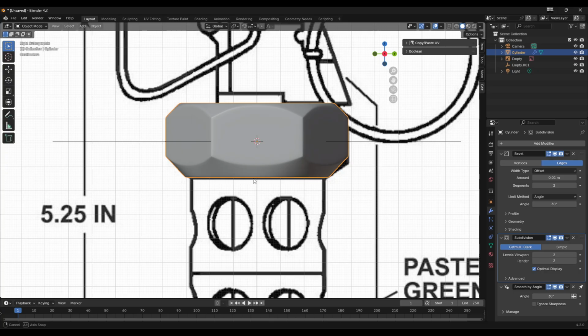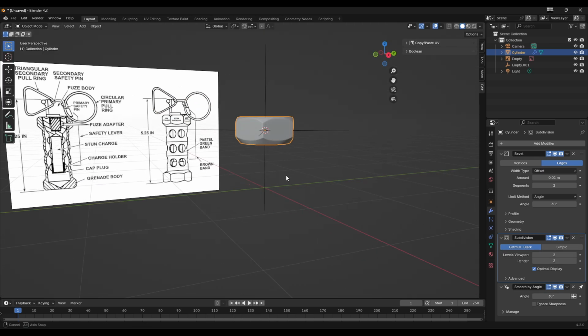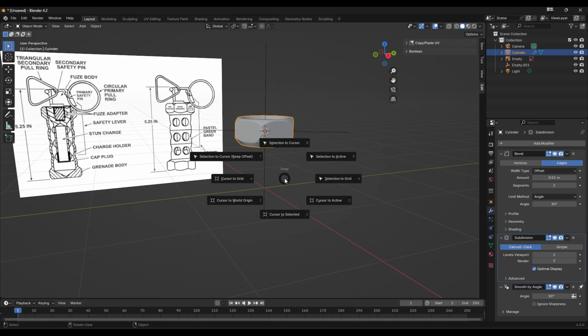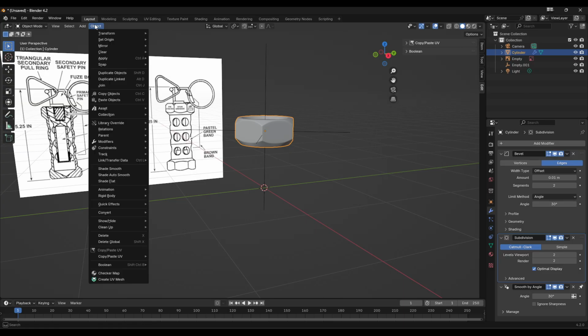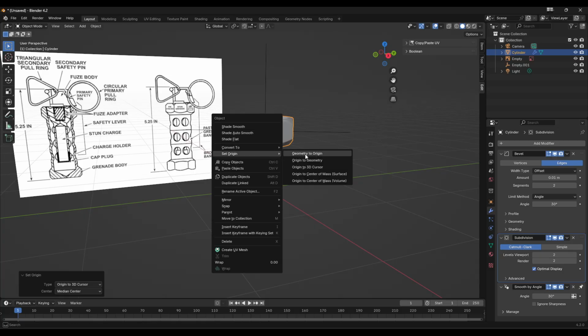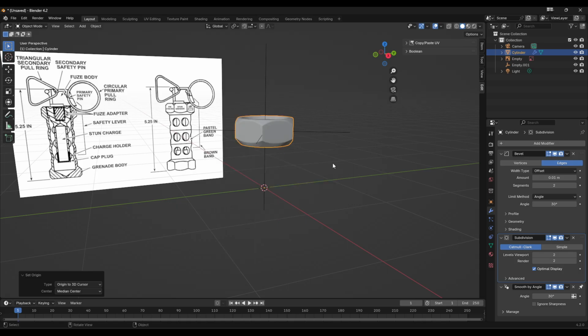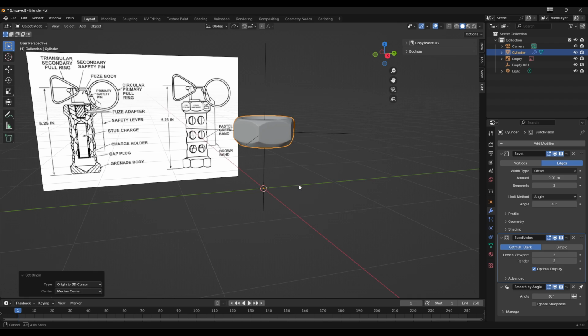Okay, so we've got that top little section. The next thing to do for this is, if we press Shift S and we do cursor to world origin, and then if I do object, set origin to 3D cursor, or you can right click, set origin to 3D cursor, whatever. Anyway, so